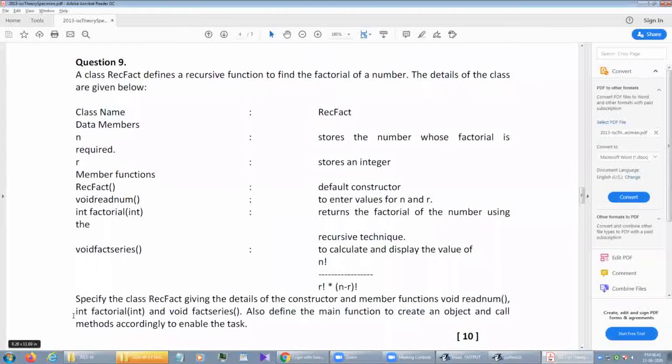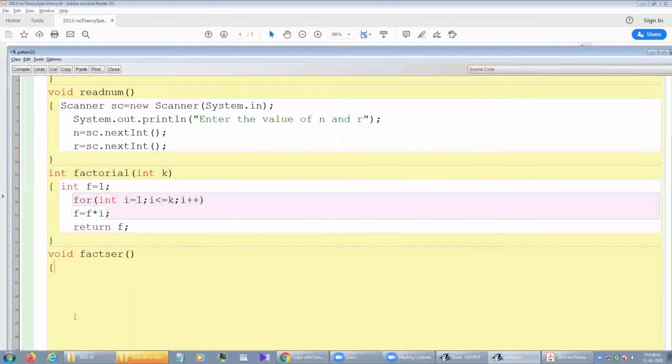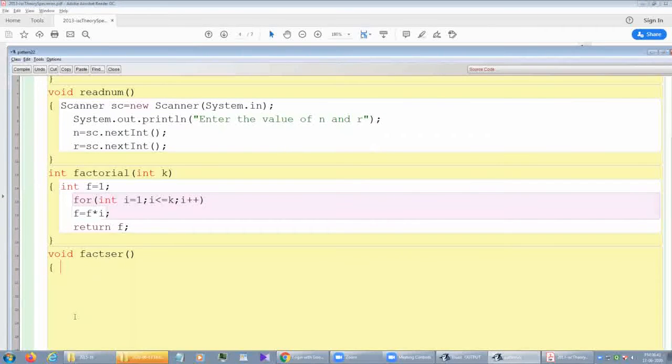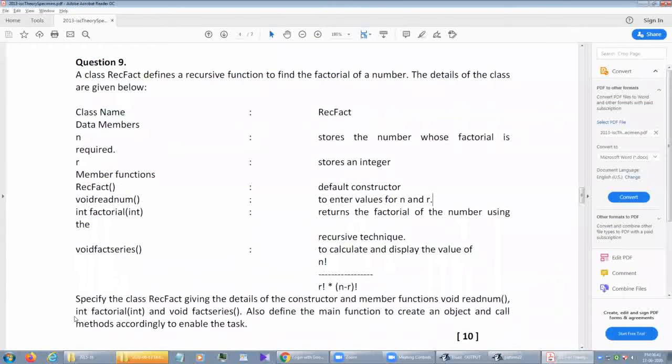More than 95% of students make mistakes here. Whatever trick we have for this method, let's see. Result and division are used here. For the result, we may use double s. We may use double s here, no doubt about that. Double s equals 0.0. If you don't want, there is no need to initialize also. But first, n factorial by r factorial into n minus r factorial.